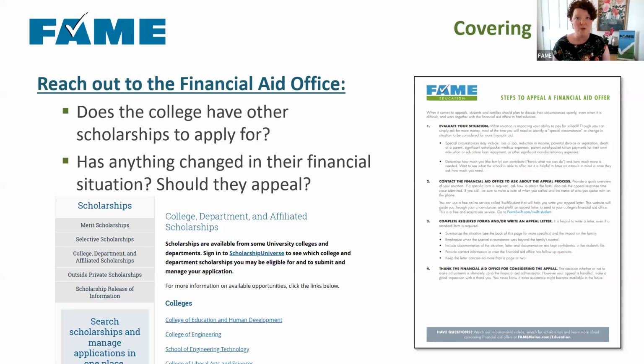Some colleges have formal appeals processes that they will outline on their website, so check those out as well. And this is just an example here of the University of Maine at Orono's scholarship page, where they list merit scholarships, selective scholarships, college and department scholarships. So I really love looking, when you get a chance, at those selective scholarships. It's harder to see now, so you have to have a UMaine login to see them. But if anybody knows how to see it without the UMaine login, let me know.